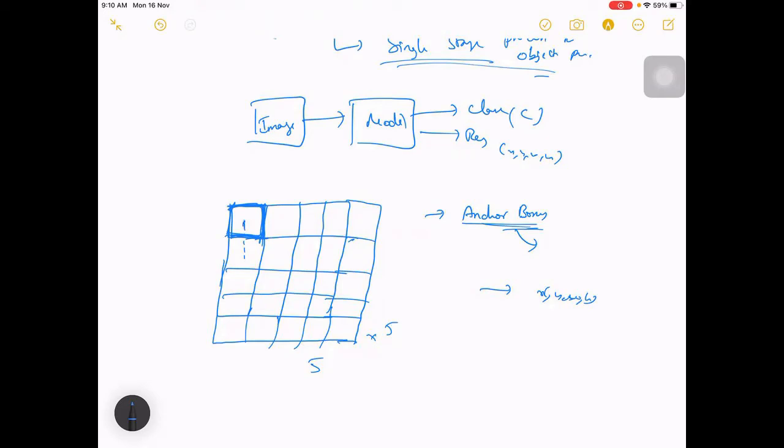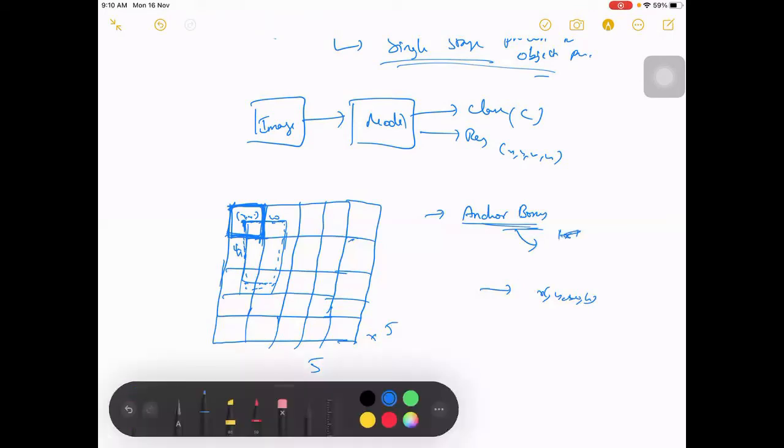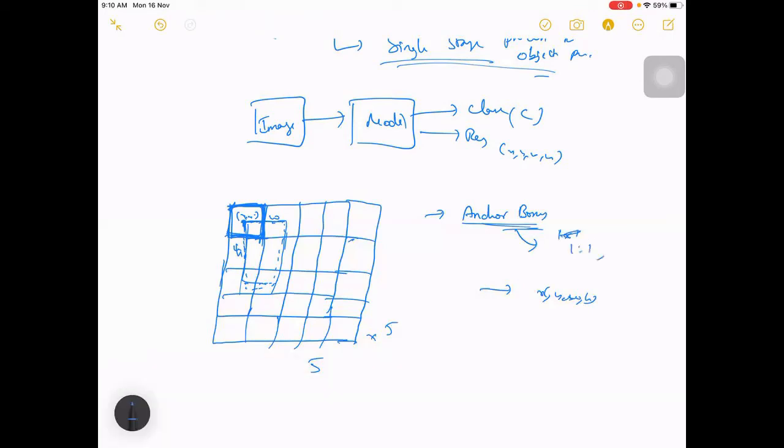So what it will do is, from here it will try to give some kind of box like this, which will have x, y, and this w and this h. It will give one box this way, and there you can set the ratio, the aspect ratio of your box, meaning the width to height ratio. So it can be 1:1, 2:1, 1:2. These are the usual anchor box ratios which they will use.